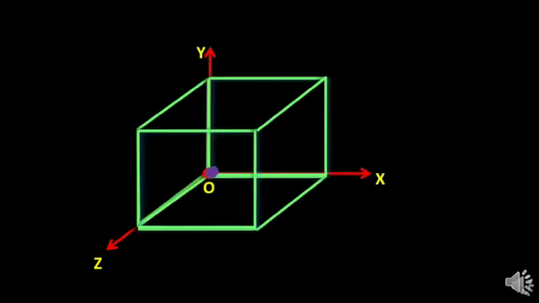Rest and motion are relative terms and always specified with respect to the frame of reference. For example, two persons are traveling in a car. In the first case, the frame of reference is considered at the second person. So, the first person is at rest with respect to the second person. In this case, the frame of reference is also moving with respect to the first person.